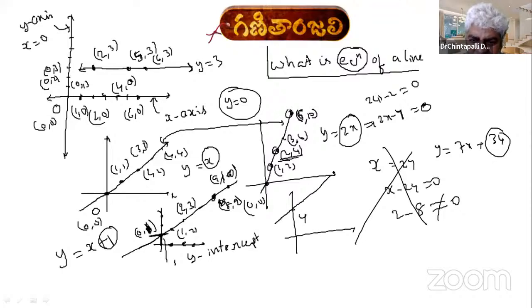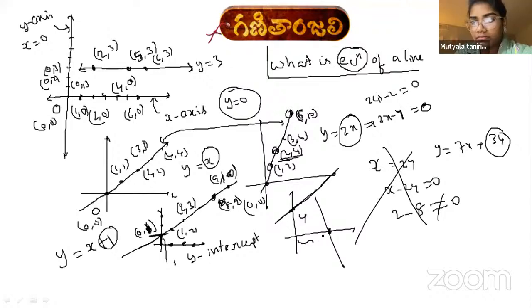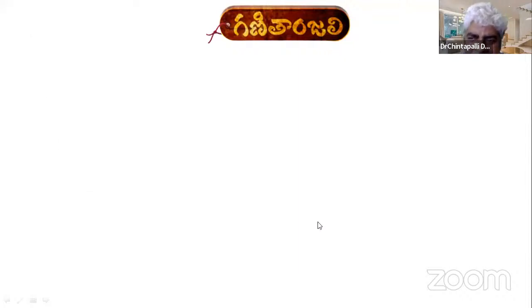If there is a line passing through this point, what is the y-intercept of this line? 4, sir. If a line intersects the x-axis like this, this is called the x-intercept. The distance from the origin of the point at which the given line intersects the x-axis is called the x-intercept, right? So now we are learning a few more points